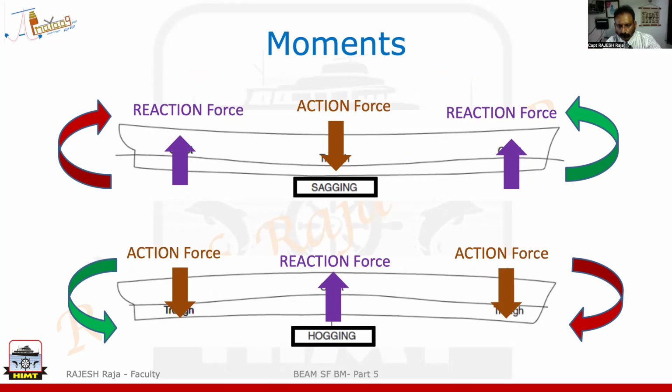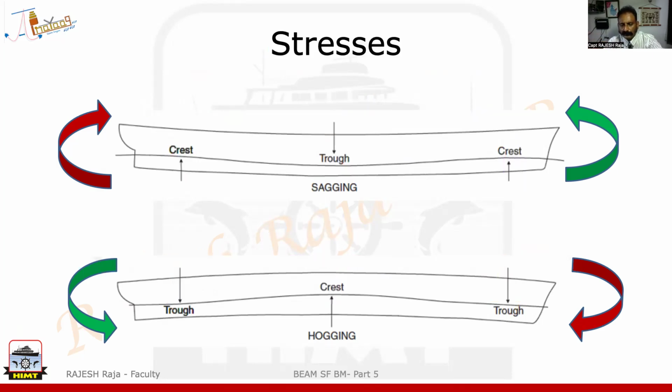Now, I'm going to show you one more way which a lot of people use for calculating bending moment. It is the same diagram, but please see how I am changing the view. This clockwise and anti-clockwise direction of right and left was one of the ways of telling. Now I'm going to show you the second way. Please see here what happens when you sag. Your top part compresses. So people use this also. They say, where is it compressing? So if I say compressing on the top, then this is what is sagging. And there's an elongation on the bottom.